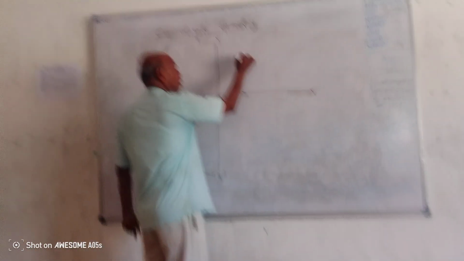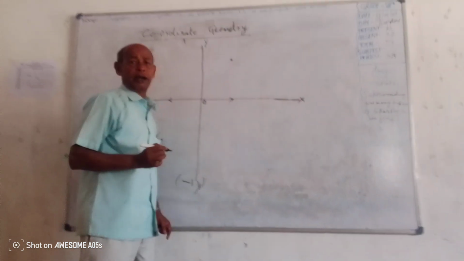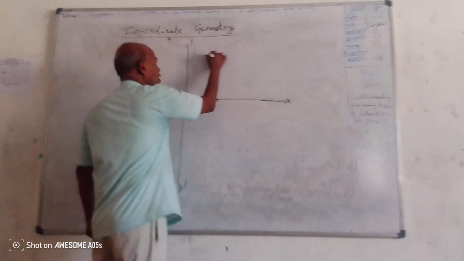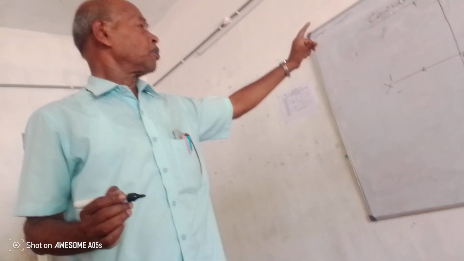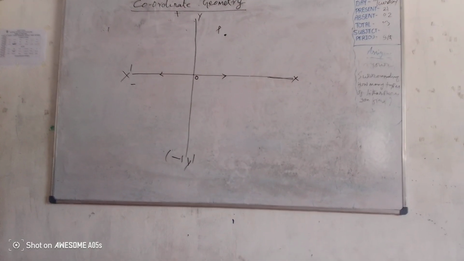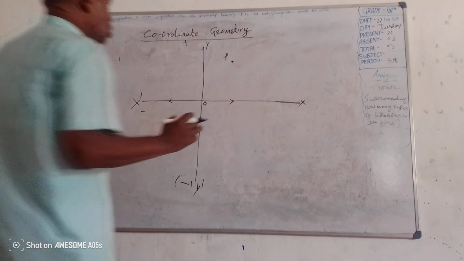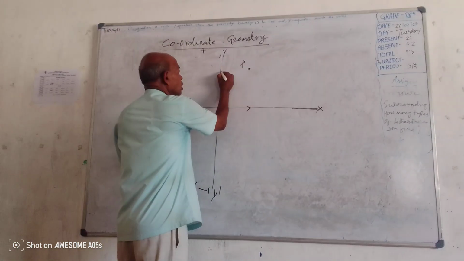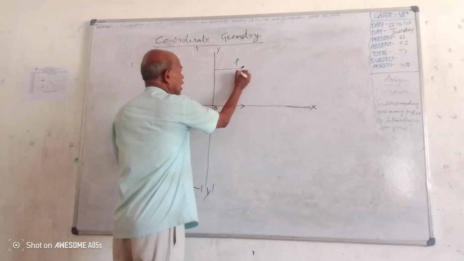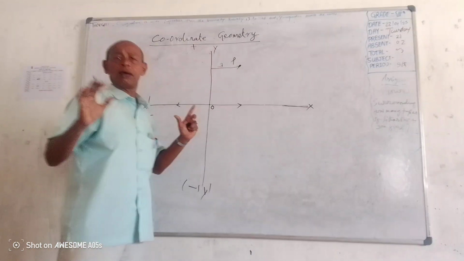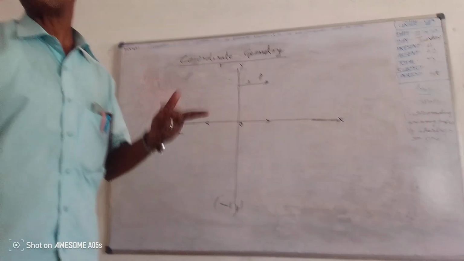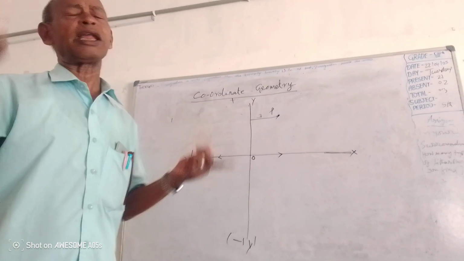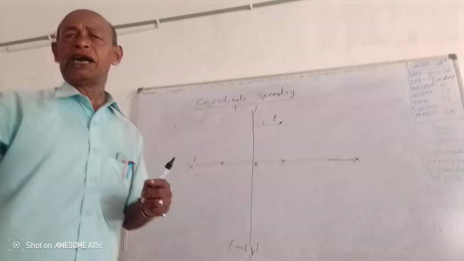Now suppose here is a point, and suppose the name of the point is P. I can describe the position of this point by 2 coordinates, x coordinate and y coordinate. Suppose this point is at a distance of 3 units. Units मतलब it may be 3 cm or 3 meter, it may be 3 kilometer. As the unit we will decide.